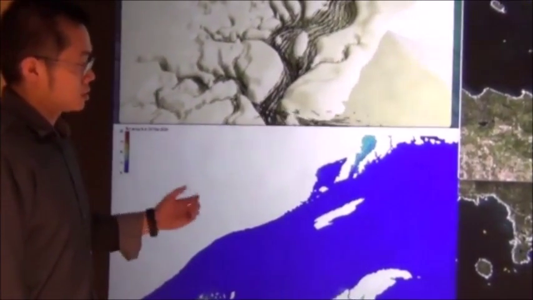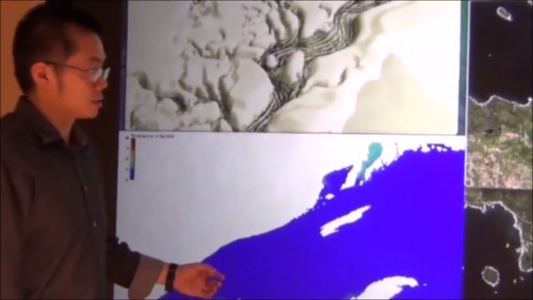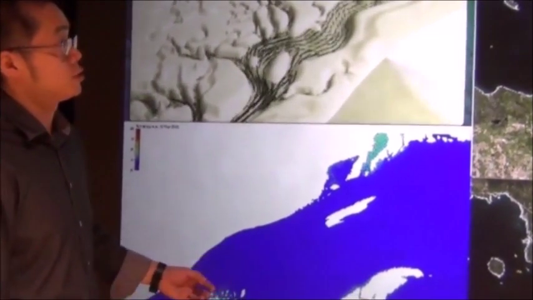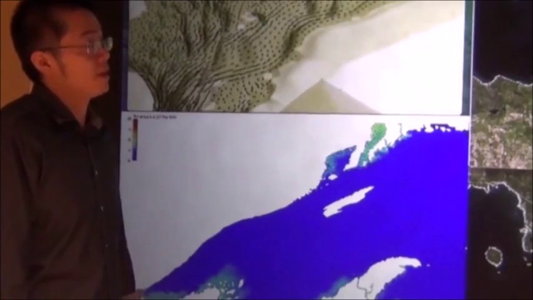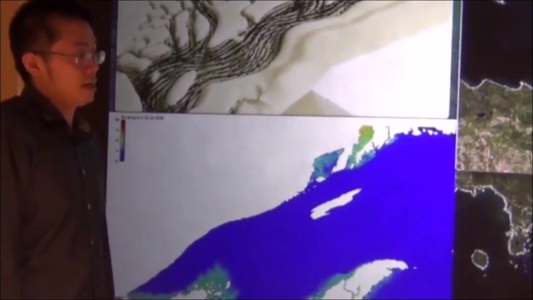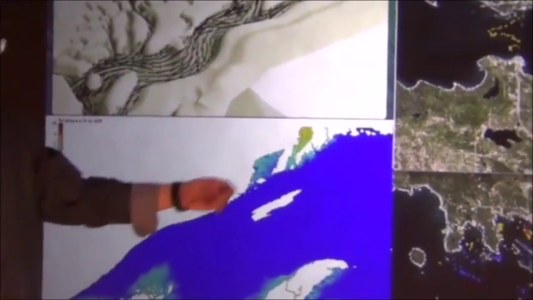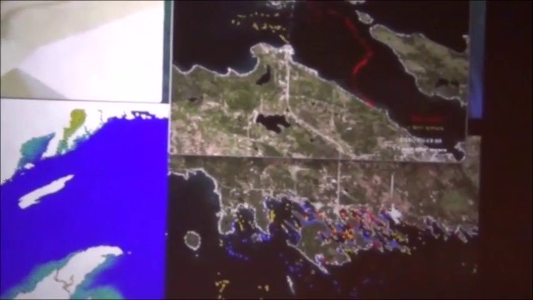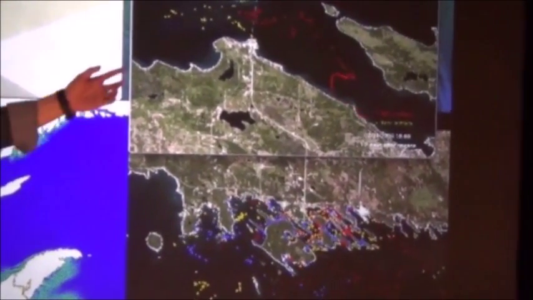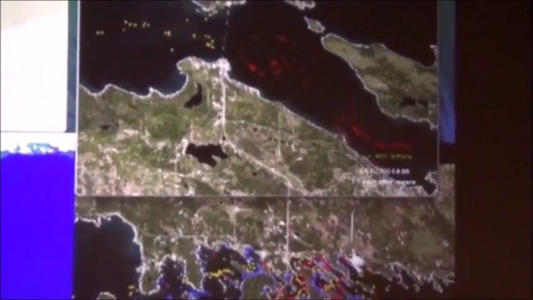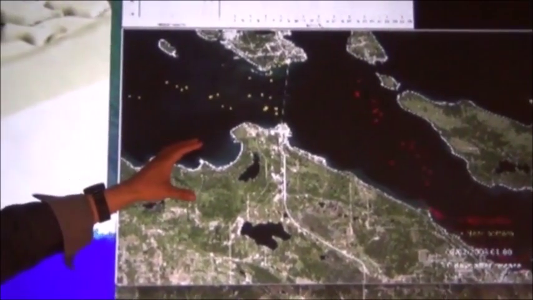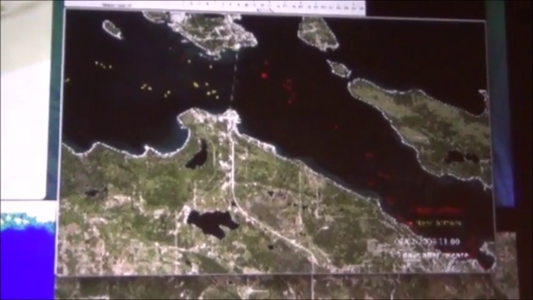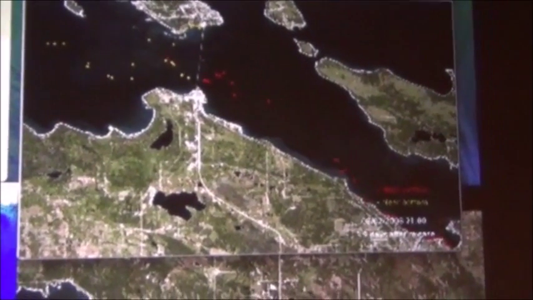And using this model's simulated results of the water flow condition, we can help in solving current environmental issues. That includes arresting the spread of Eurasian watermeal fragments and the oil spill case in the Straits of Mackinac. So basically what we're showing here is when we use the hydrodynamic model to predict the continuous estimates of